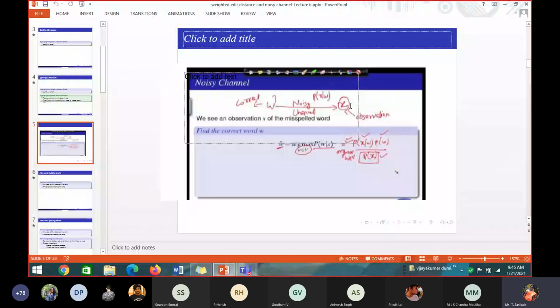You can have a dictionary for your corpus, or a general dictionary, and the dictionary will have all the words. So given a word, you are typing a word and getting it on a screen. Take that word and check it in the dictionary. If the word is present in the dictionary, then it is a correct word, because the dictionary will give some meanings. If the word is not present in the dictionary, then it is taken as a misspelled or incorrect word, and we have to correct that.